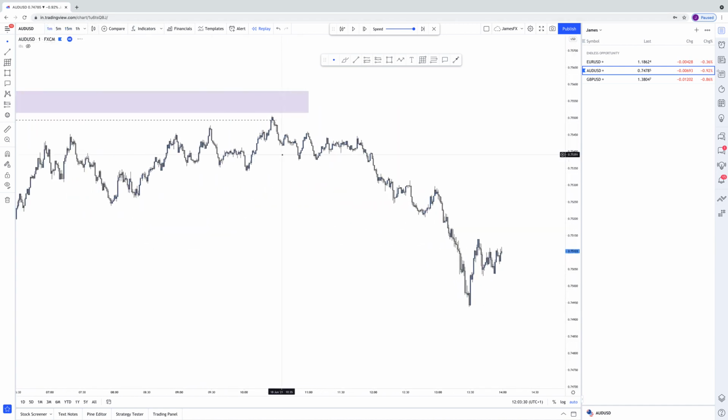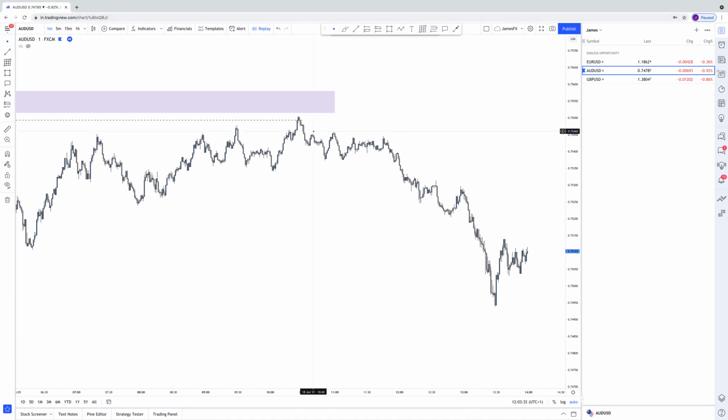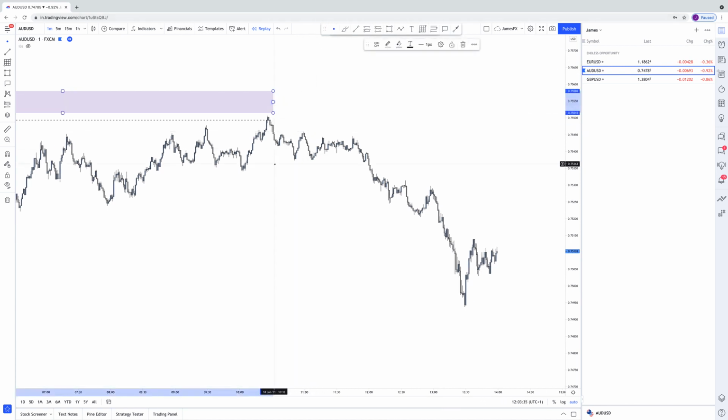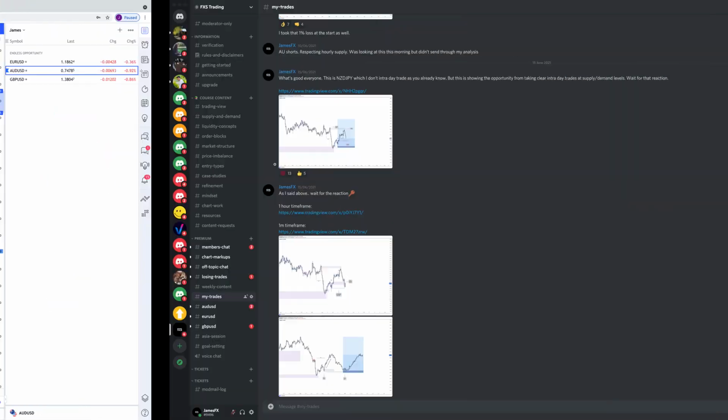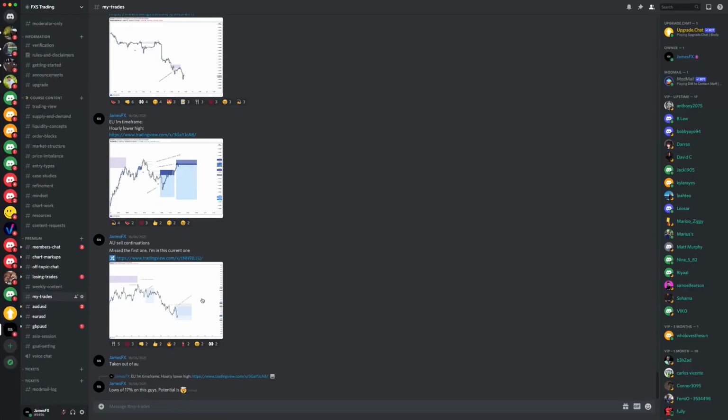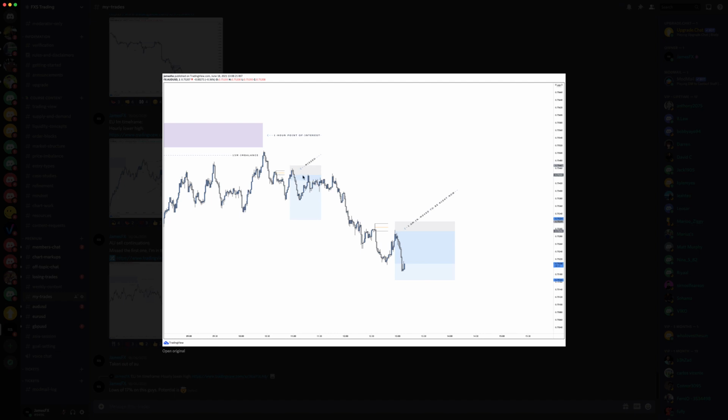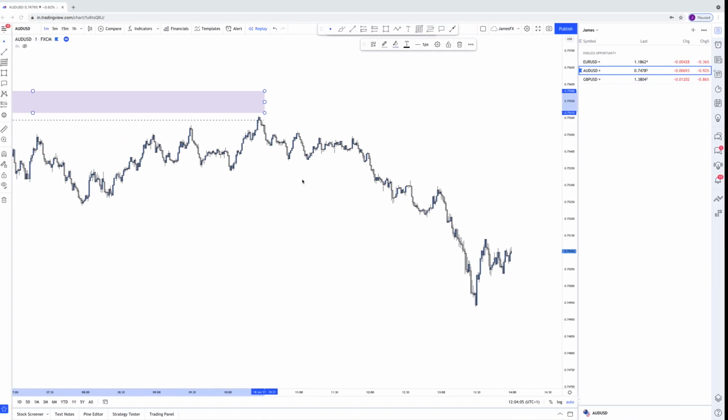So the 1 minute time frame, we came in, as you can see, and I need to go back to Discord, and I say I've missed that trade, but I didn't miss it because I wasn't on the charts at that time. But it is a missed trade, but I wasn't really looking at that at the time. I looked at this one here. So as you can see, I put on 15-minute imbalance, hourly point of interest, price just fell short of that, but it doesn't need to go up into there,